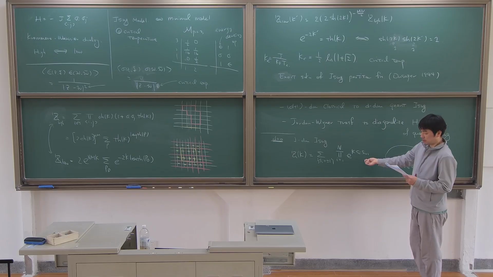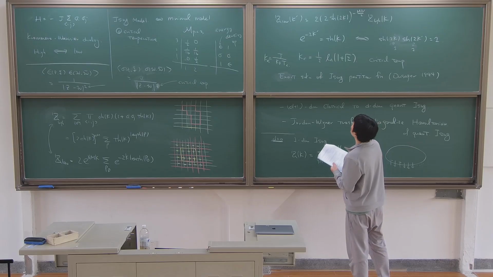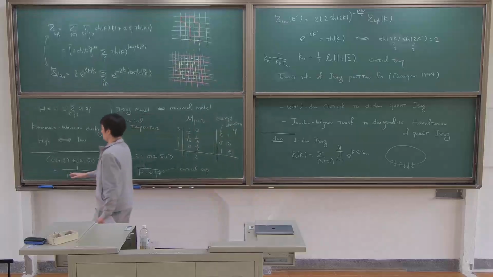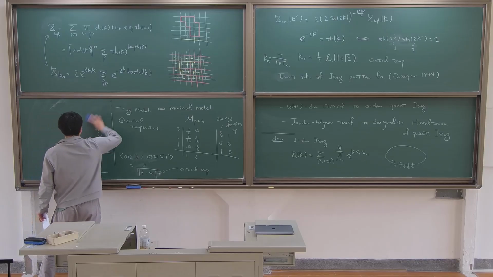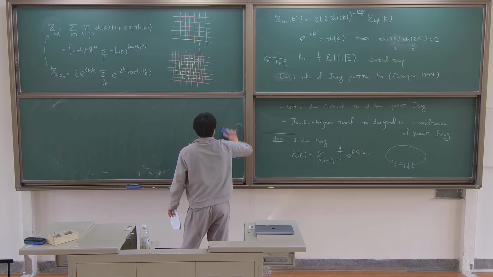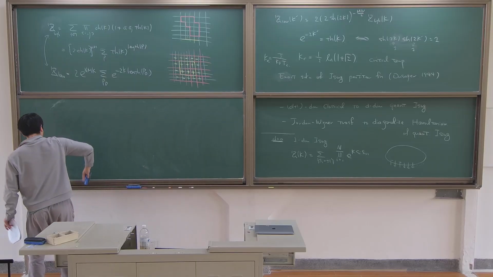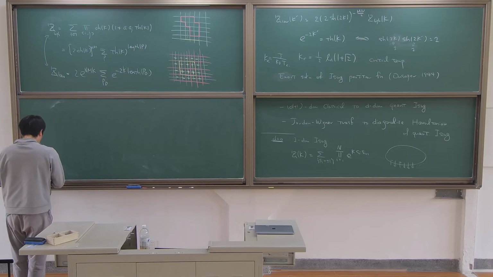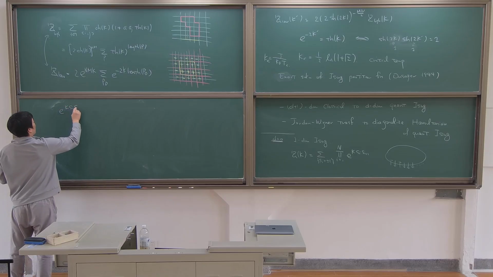So this Boltzmann weight can be taken in the following way. So e to the K is